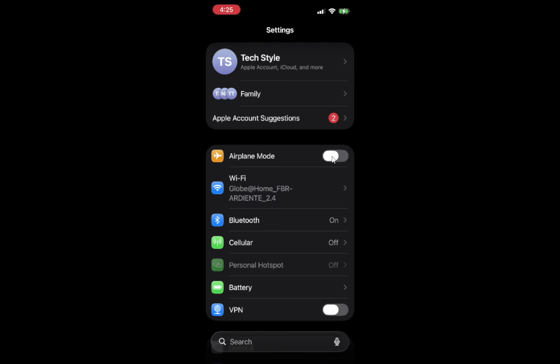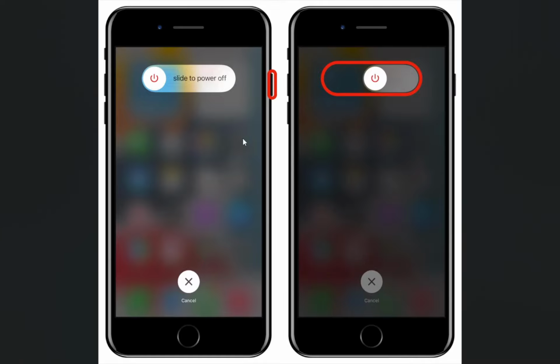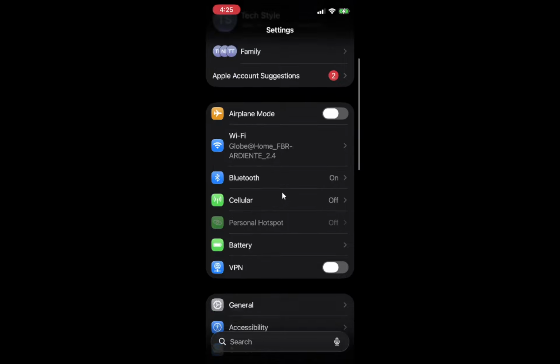Give it a few more seconds and watch for your carrier name and signal bars to come back at the top of the screen. Next, restart your iPhone. Power it off using the normal shutdown method for your model. Then wait a few seconds with the screen completely black. Turn it back on and wait for the lock screen to appear. After it finishes booting, look at the top of the screen and see if your signal bars and carrier name